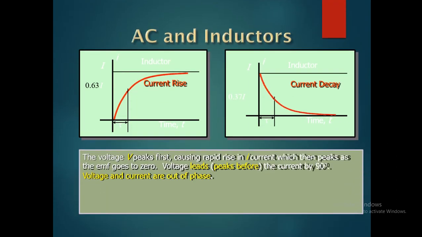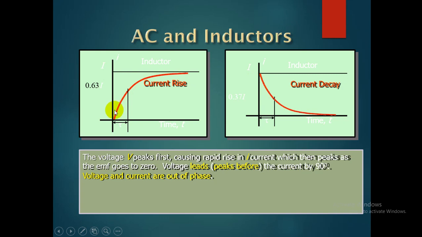When we see the inductor, or inductance, we know that the inductor has one property: it doesn't allow a sudden change in current. That's why initially, whenever the time is 0, it doesn't allow a sudden change in current. That's why you get a current wave like this as long as the supply is available. If the supply is not available, the current is going to reduce from this point.